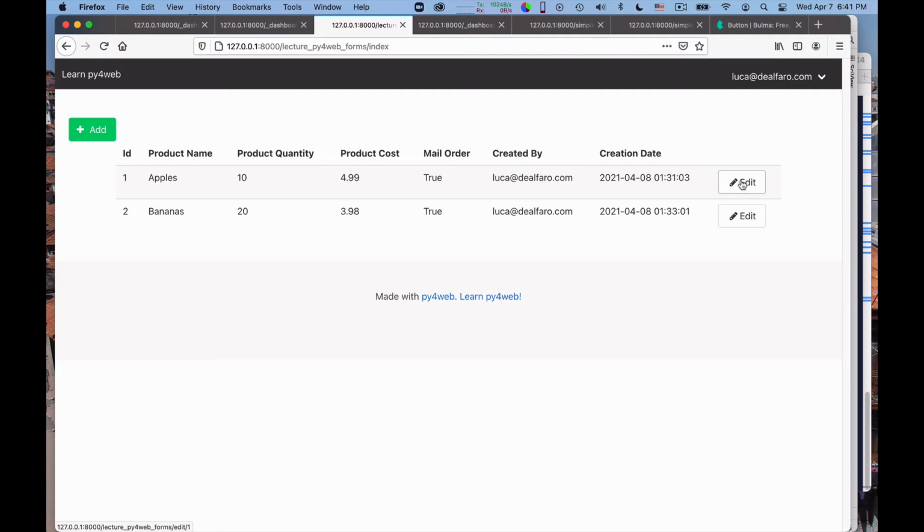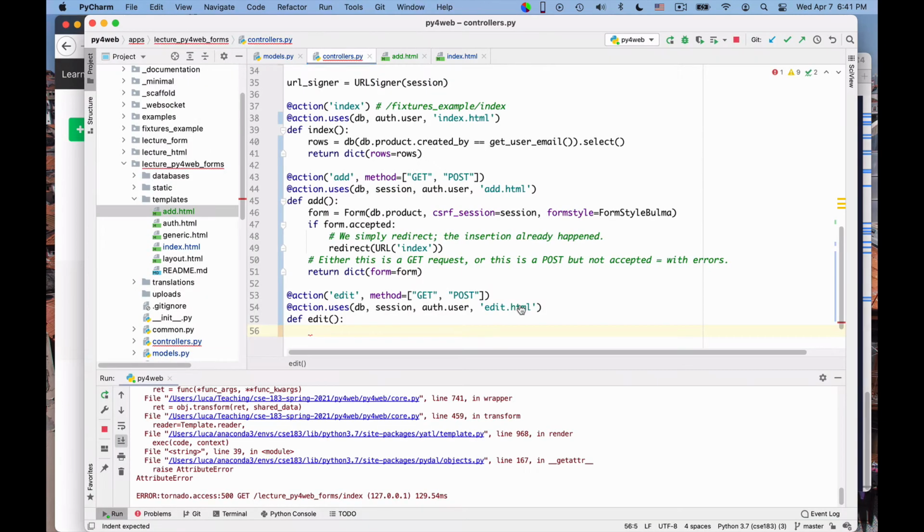This URL will be edit/1 because the ID is 1, and this URL will be edit/2 because the ID is 2 for bananas, right? So if I write here to take notes, I can say this endpoint will be used for URLs of the form.